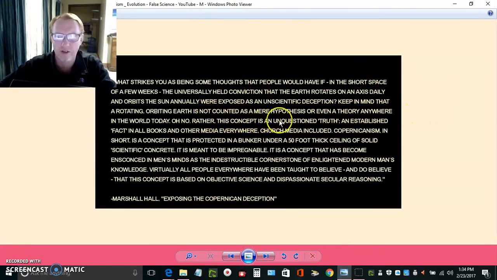Rather, this concept is an unquestioned truth, an established fact in all books and other media everywhere, church media included. Copernicanism, in short, is a concept that is protected in a bunker under a 50-foot thick ceiling of solid scientific concrete. It's meant to be impregnable. It's a concept that's become ensconced in men's minds as the